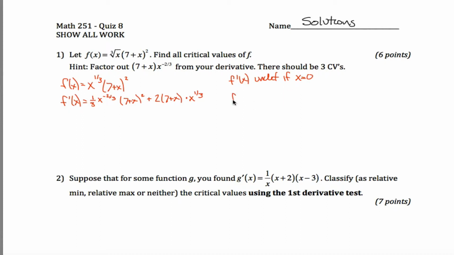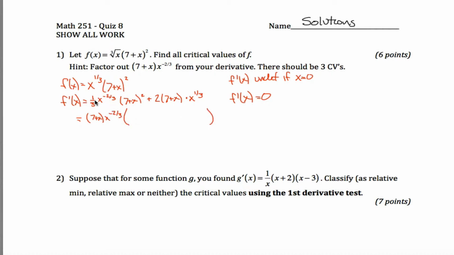But we can also find critical values by setting f prime of x equal to 0. So here's my derivative, 1/3, this mess right here. You're going to try to set that equal to 0 and solve, but it's something plus something, which is kind of a pain to deal with. So I gave you a little bit of a hint. I said factor this thing out from your derivative. So if you factor out 7 plus x times x to the negative 2/3